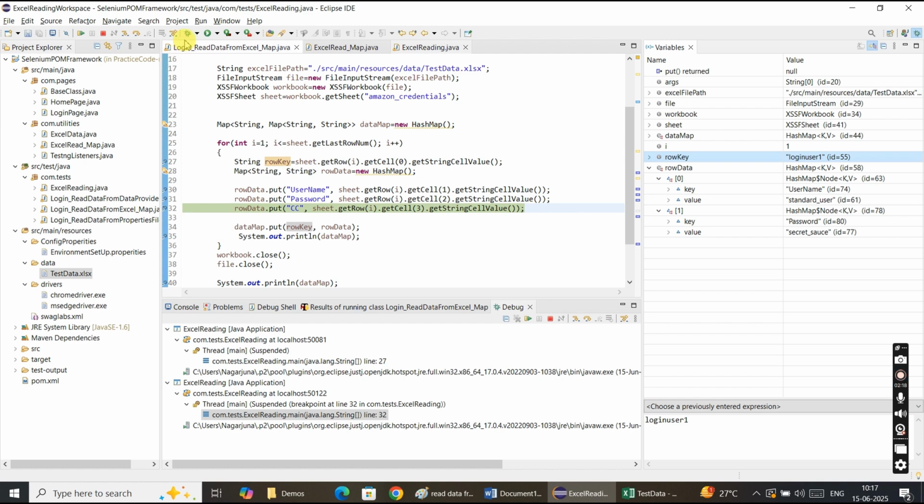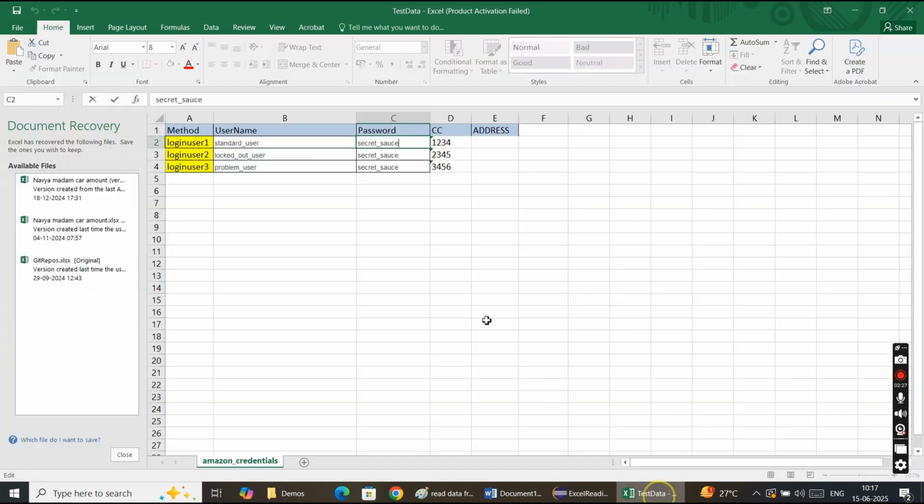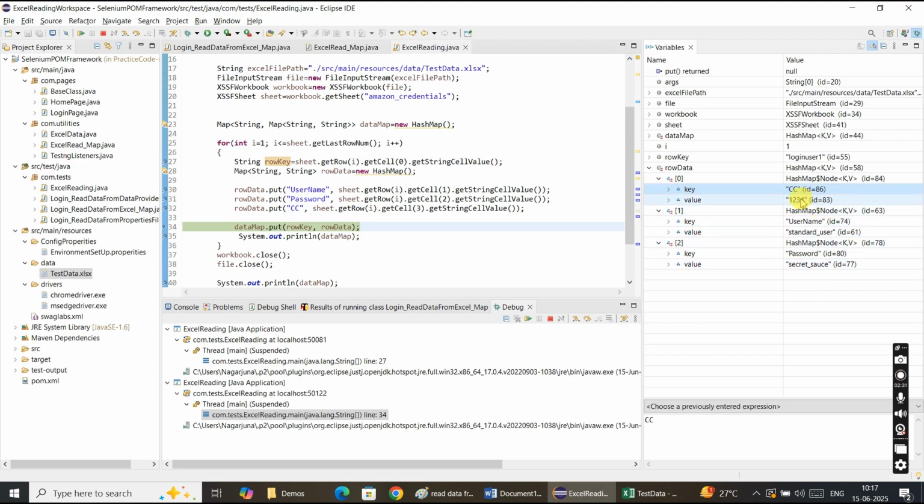Correct. And next, credit card CC. See, it has taken credit card as a column and 1234 as the value. Actually, a HashMap does not maintain insertion order, right? So no need to worry about this,